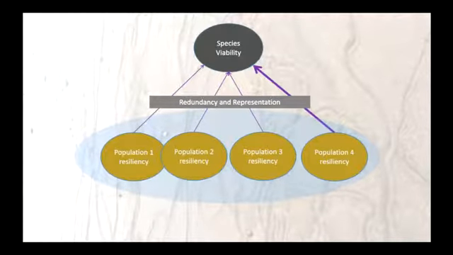So the last thing that we do is then ask ourselves, is the species viable overall? And that species viability is a function of all these populations and their viability. So each one of these has a core conceptual model or other ecological conceptual model that branches out from here. And so we can assess the redundancy, how many of these populations are resilient, and assess the representation by saying this one is genetically unique compared to these three. That's why its arrow is a little bit darker and thicker. And so we can pass that information into the scientific document and give it to the decision makers as they start to go through their decision process.